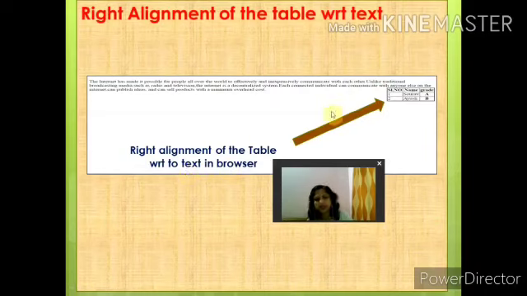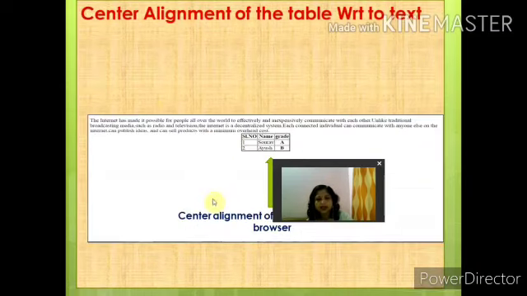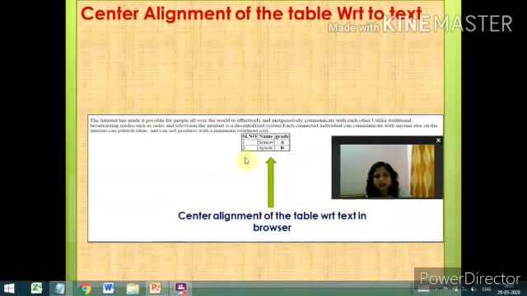See how the table is right aligned, moved to the right side with respect to the text. Similarly, if you write align equal to center, see how the table will be aligned to the center of the browser with respect to the text. This way alignment will work. Three alignments are there: one is left, another is right, and the last one is center alignment. I will do and show you.